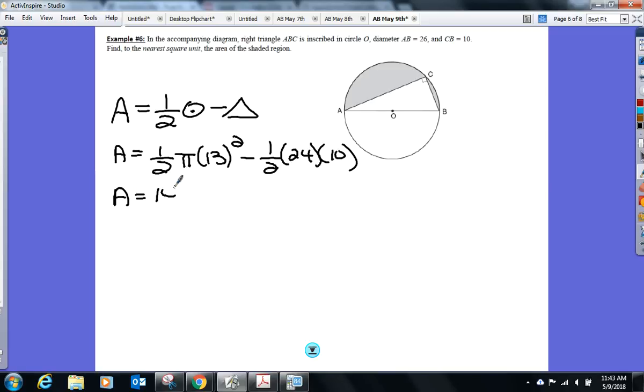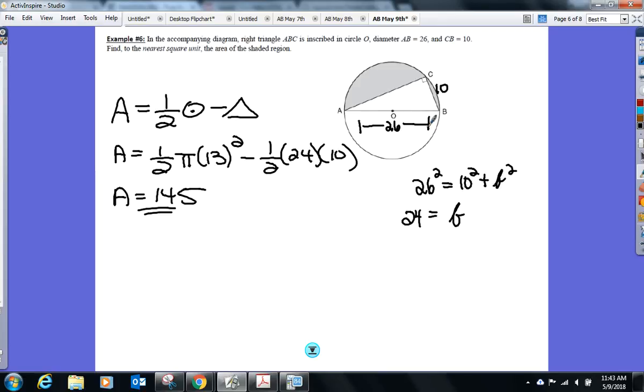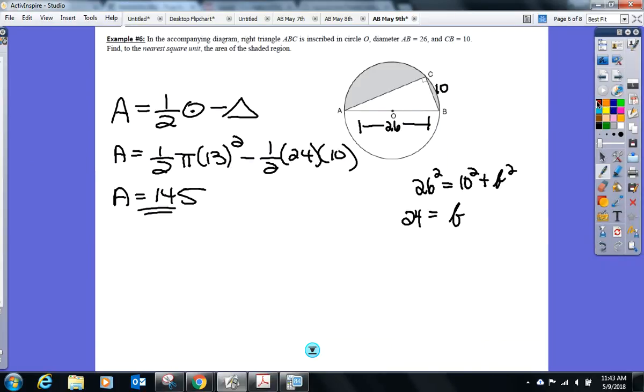Well, you can do the whole circle, divide it by 2, or you can do the other way. Because I divided by 2, sometimes it's different. Okay, so that this